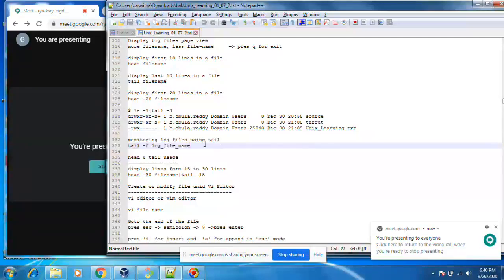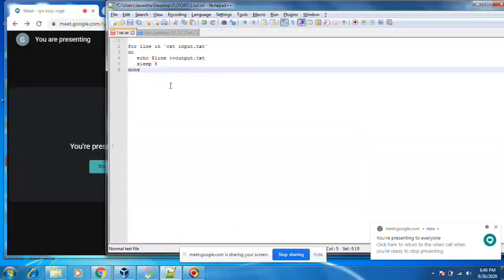We are discussing tail -f. Before tail -f, I want to show how tail -f works. I have written a small shell script that reads the input.txt file.